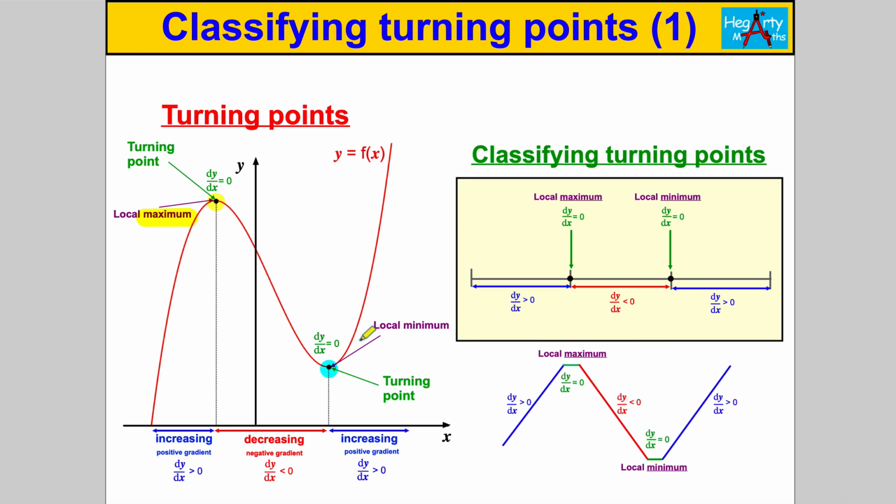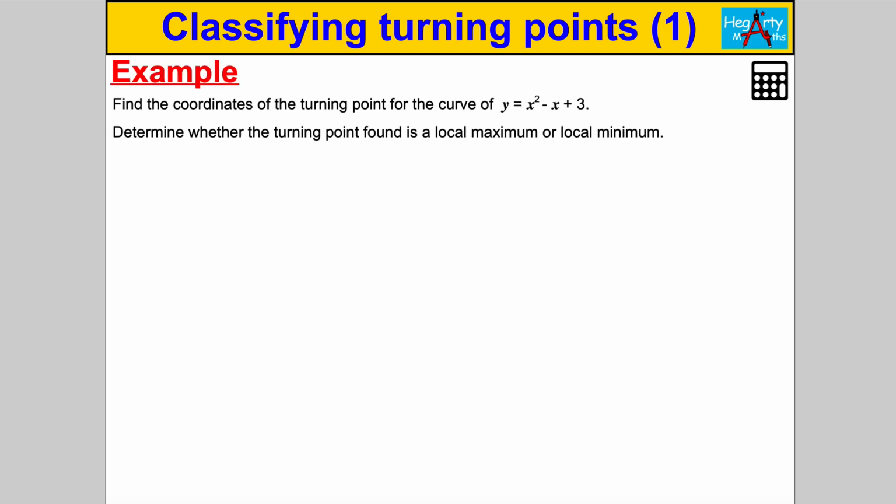We're going to work out the gradient function slightly to the left, slightly to the right, and see how the signs change. So let's have a go at that. Here's our first question. Pause and have a go. So here we're asked to find the coordinates of the turning point for the graph y equals x squared, subtract x, add 3. But also we're asked to determine whether the turning point found is a local maximum or local